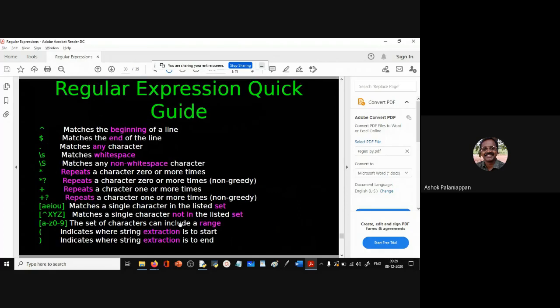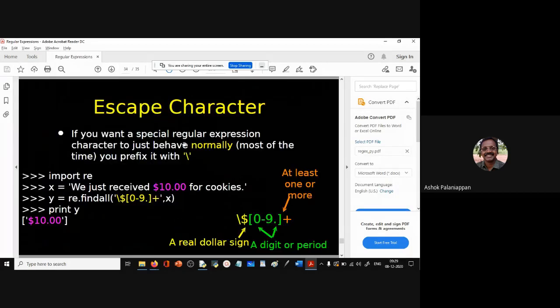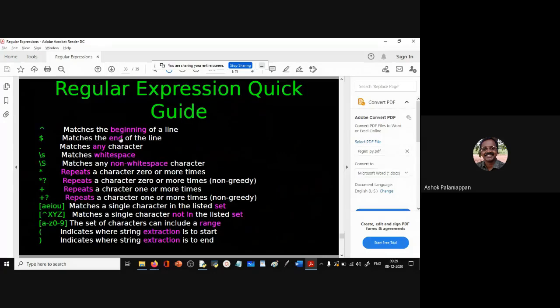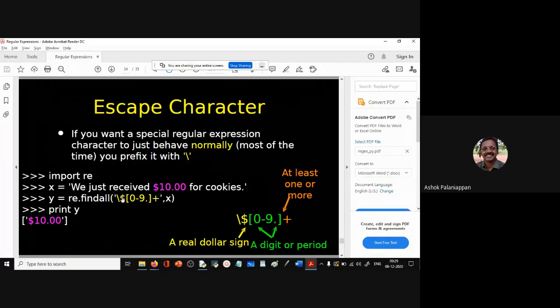All right, so this is just again what we did. There are a lot more of these characters, and I will introduce some of them now. Let us remark that when we want to escape the meaning of these meta characters, for example, dollar matches the end of the line, and if you want to actually match a dollar, we have to put a backslash before the dollar. Then it will match this $10 here.